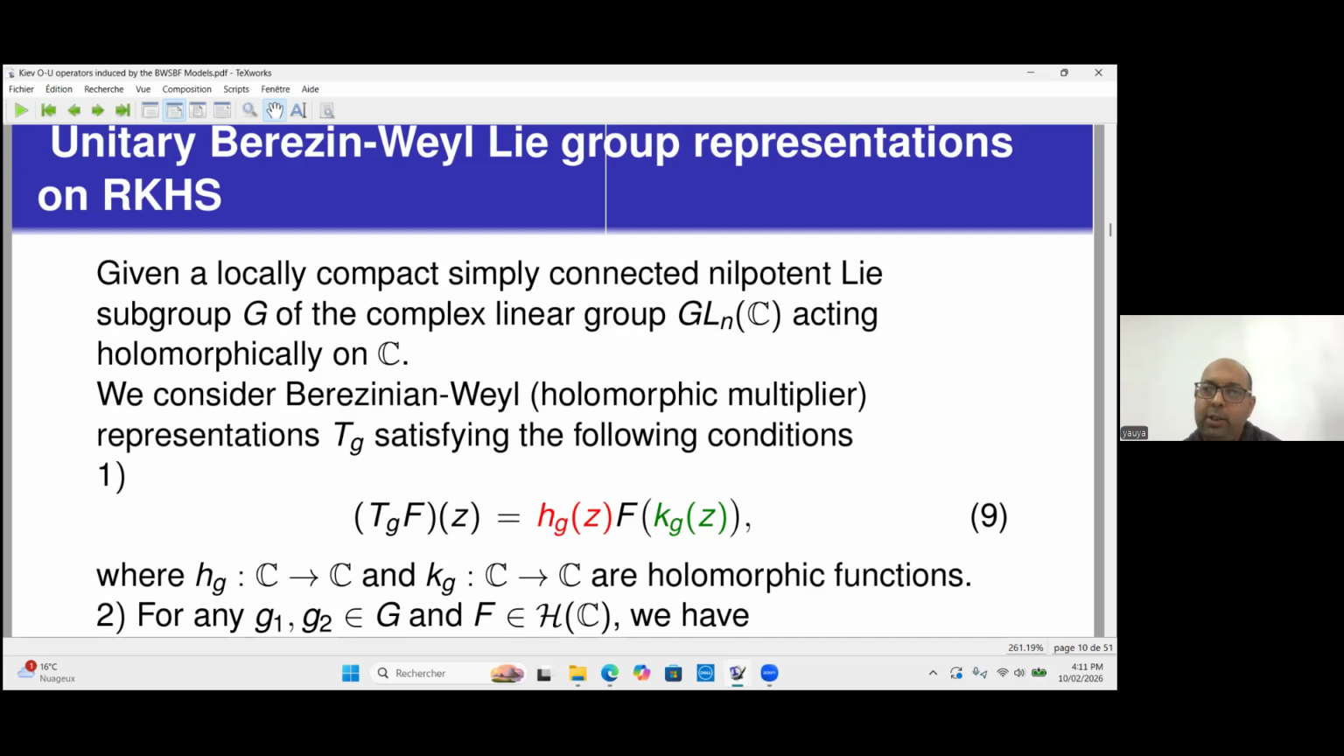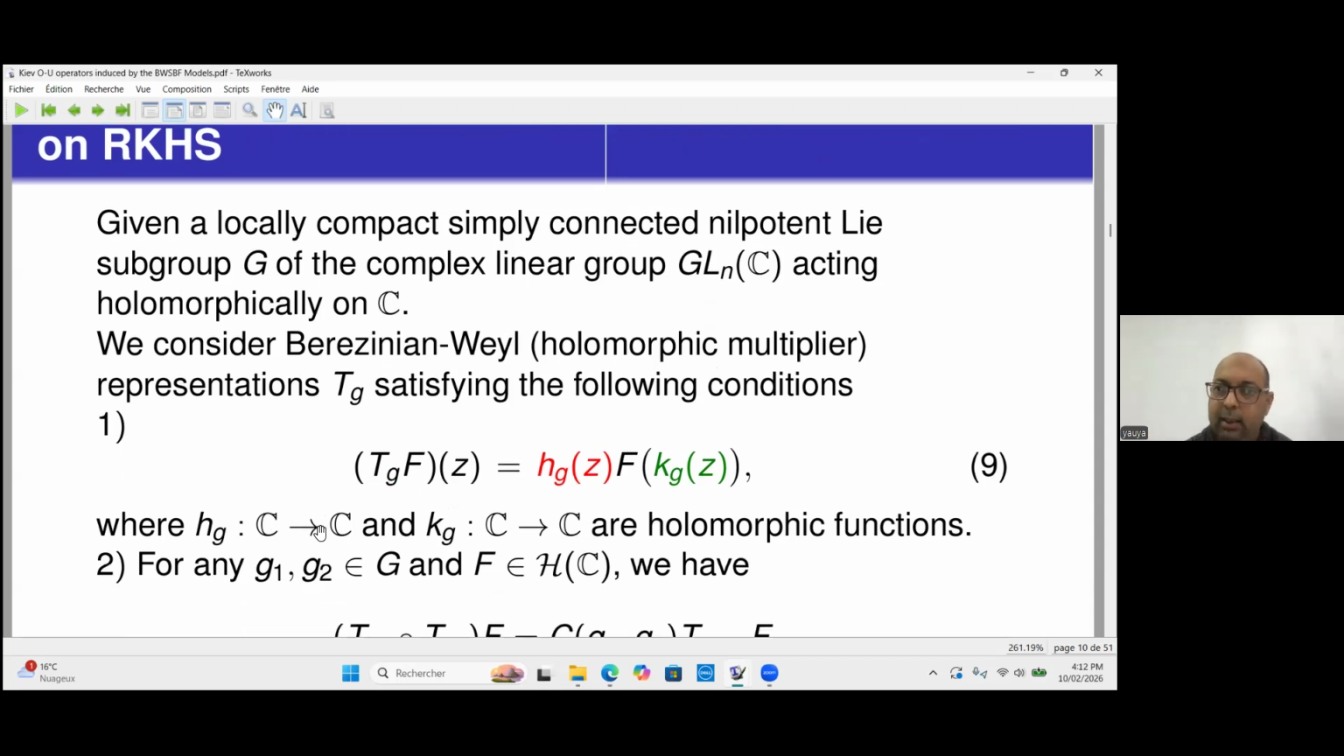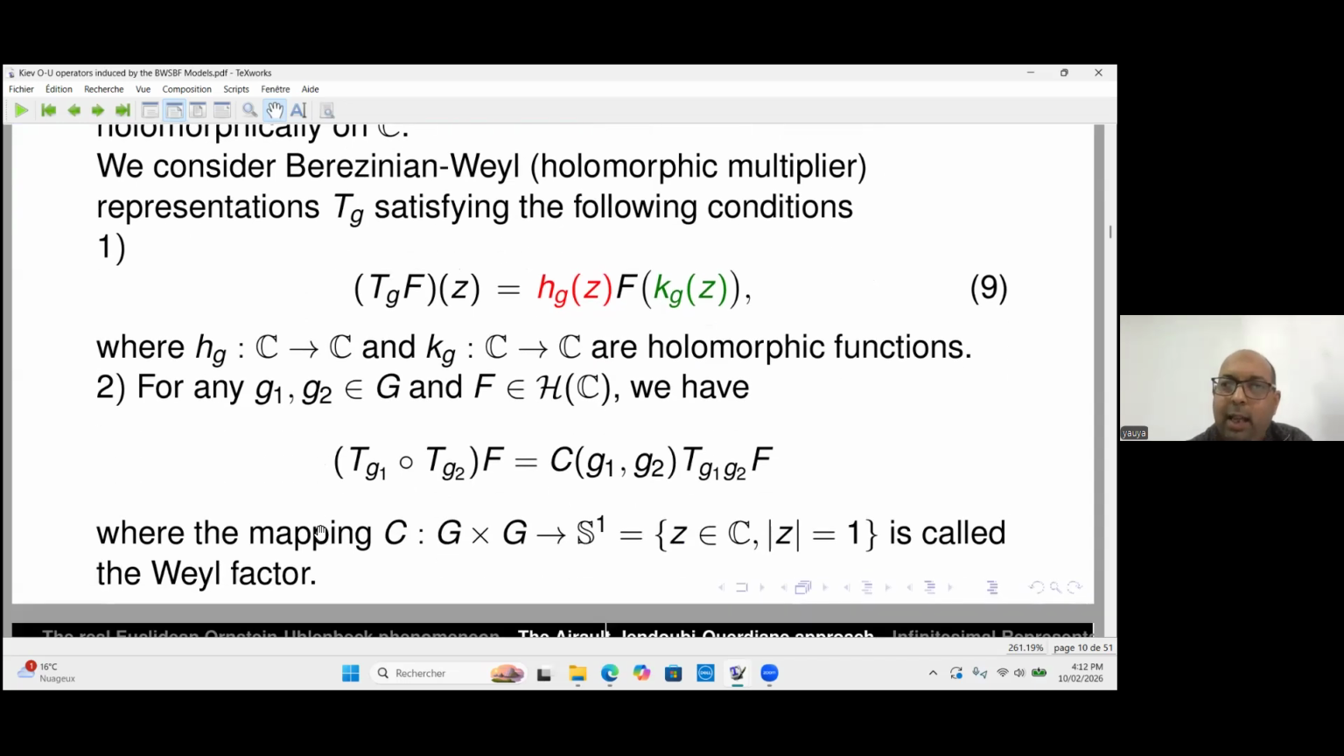That is a representation. We shall take a special representation, that is a composition by the action k_g, that is the action of our group on the plane, and we multiply by a scalar function from G times C to C. That is our operator T_g, labeled by an element g in the group. And this action is holomorphic in z. So this type of